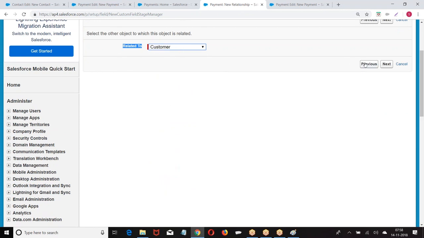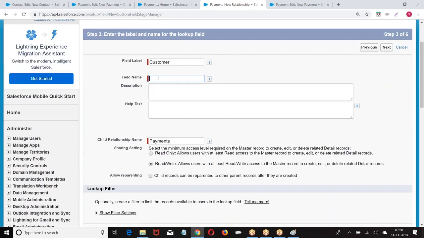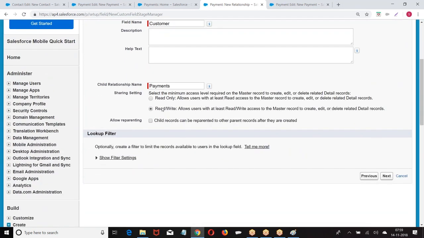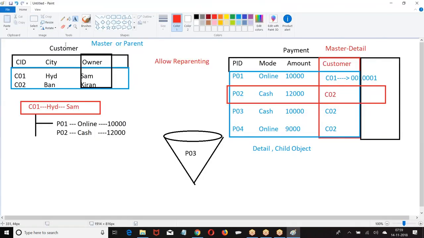Master is who is your parent. Here we have sharing setting. Understand it carefully. There is a property called sharing setting. Try to get this point rightly.